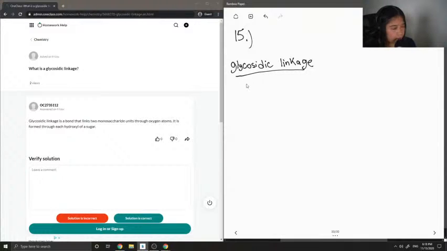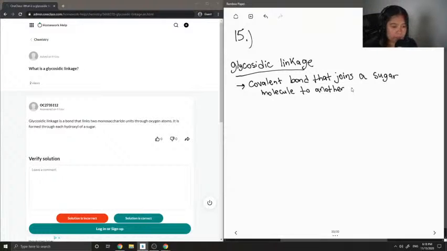So a glycosidic linkage is a covalent bond that joins a sugar molecule to another group. So it doesn't necessarily need to be another sugar molecule. I'll show an example, but you can kind of tell that this definition involves a sugar since it has